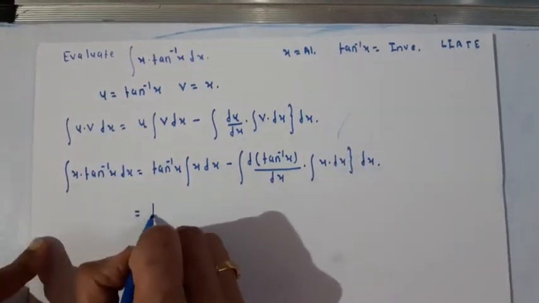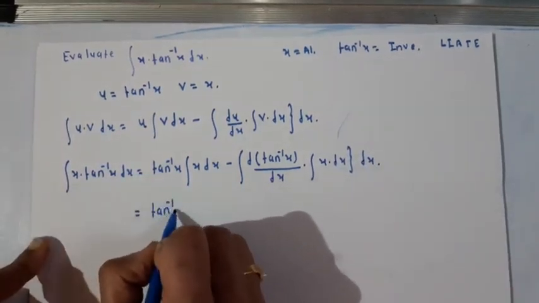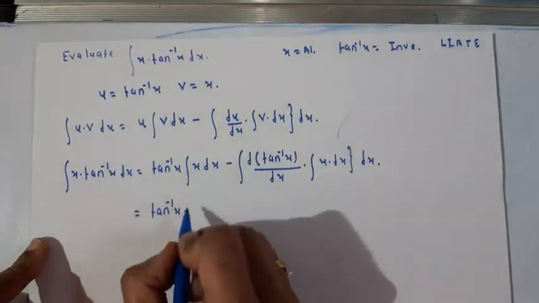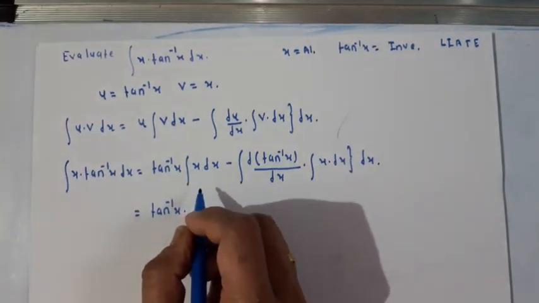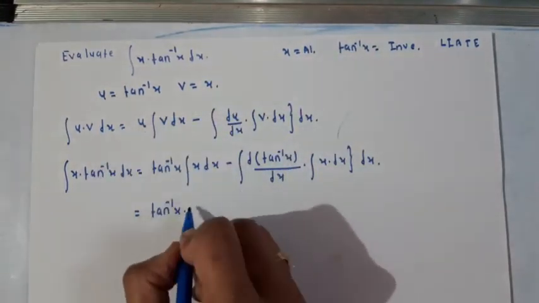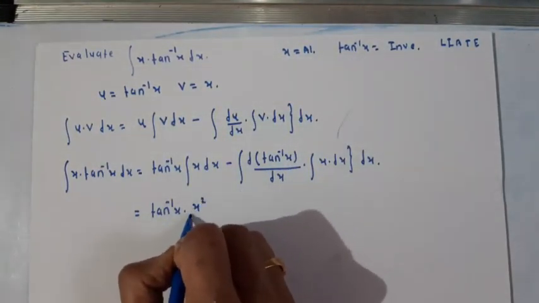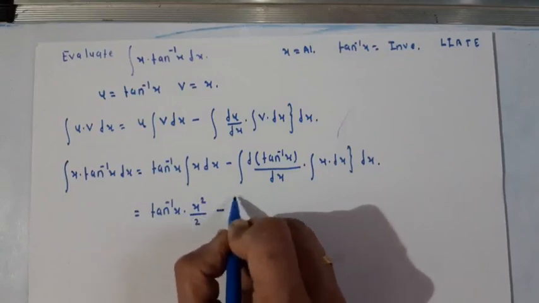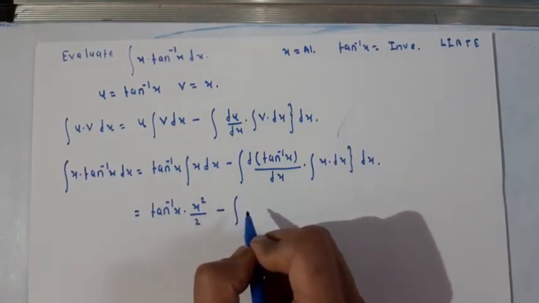So here tan inverse of x as it is; integration of x, that is by using x raised to n plus 1 upon n plus 1 formula, and that is x raised to 2 upon 2